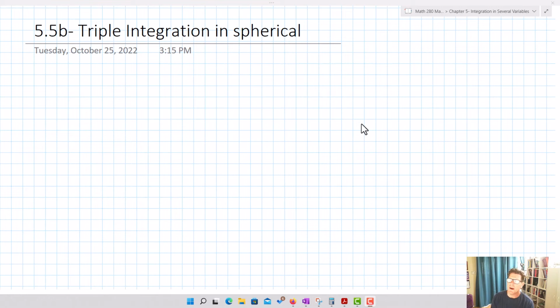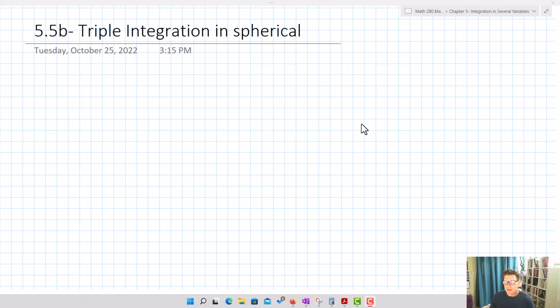So let's talk about triple integration in spherical coordinates. Again, this is another way of thinking about how to set up your boundaries utilizing a different coordinate system, the spherical coordinate system, which sometimes is really very handy, especially if what you're working with are spherical objects. And sometimes, like if you're working on globes or anything that has any kind of circular or really round orientation,